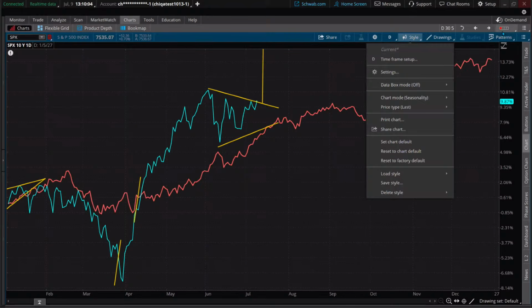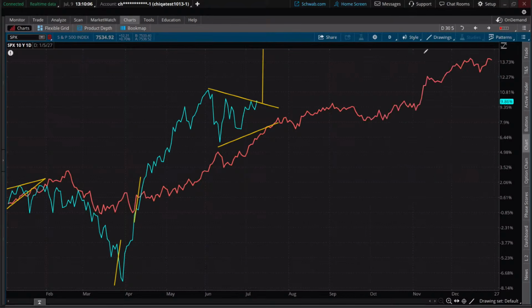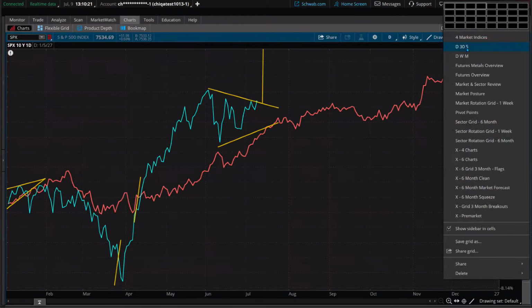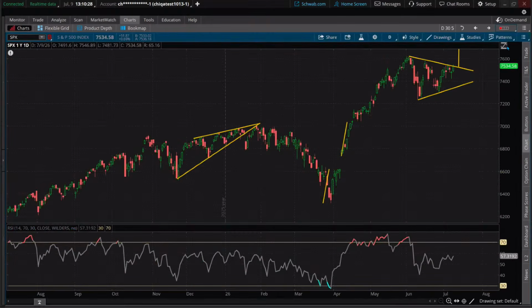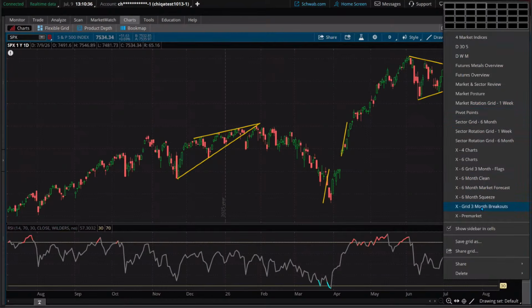I'm going to jump back now. Instead of just going back to my regular time frame, I'm going to do this so that I can get rid of that adjustment that I made over here. Notice everything's a percent. Anytime you want to totally dump all that and get back to where you were, just go to whatever your standard setup is. That's my daily 35-minute right there. And it'll eventually go. There we go. Now, notice we're right back to our price. So instead of having to go back and adjust the chart, just click on your saved grids, a good, solid, quick way to get into where you need to be.